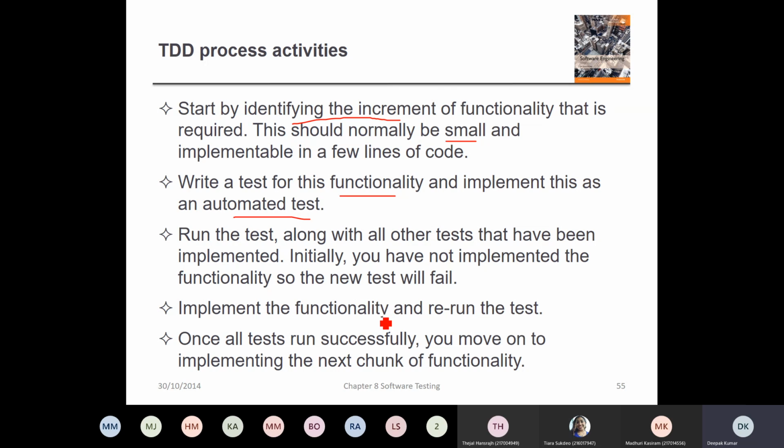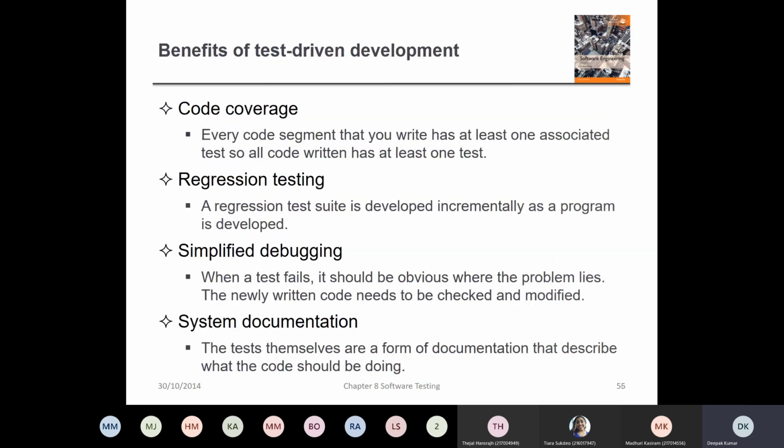Right? So you start with a failed test, of course, but once you have implemented the functionality, you rerun the test, and this time you should get a successful test run. So once all your tests run successfully, you move to implementing the next chunk of functionality. So it's a very methodical, stepwise approach, and it makes sure that you don't do too much coding